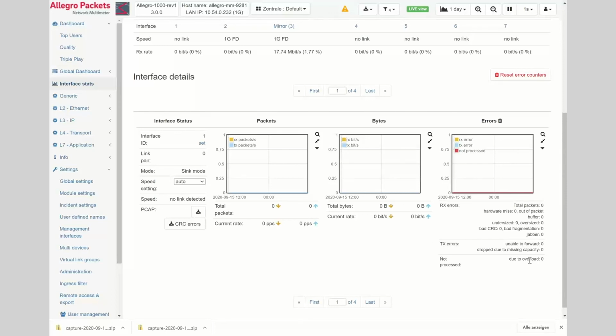The Allegro, of course, tries to do as much power saving as possible. So we put all the analyzers, which process the traffic, into a deep sleep mode, which saves a lot of computing power. And they're only activated if there are packets.